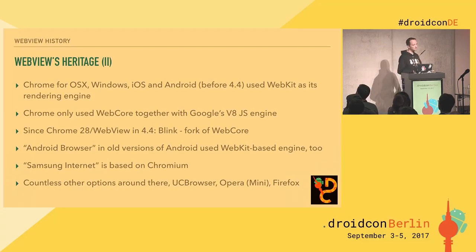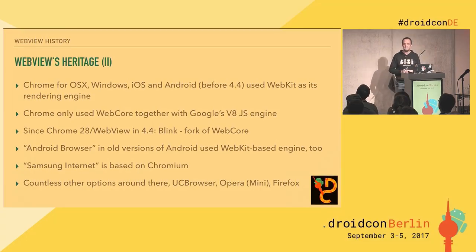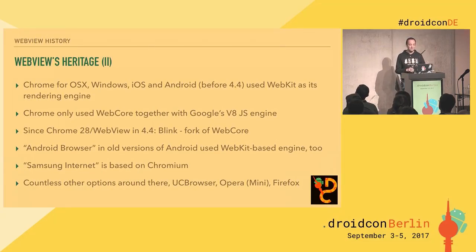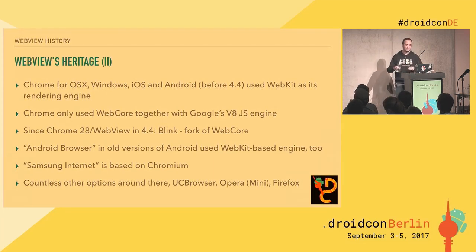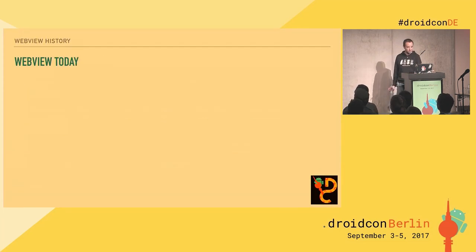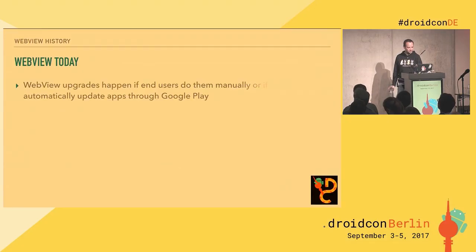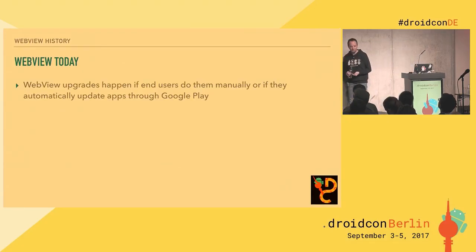UC browser, which is incredibly popular in Asia, and trust me, it's the worst browser I've ever had to work with. It's unbelievable. You can't even debug it properly. And then there's good stuff like Opera and Opera Mini and Firefox and so on. So today, the Webview though is quite good because it upgrades itself, or it gets upgraded through Google Play,